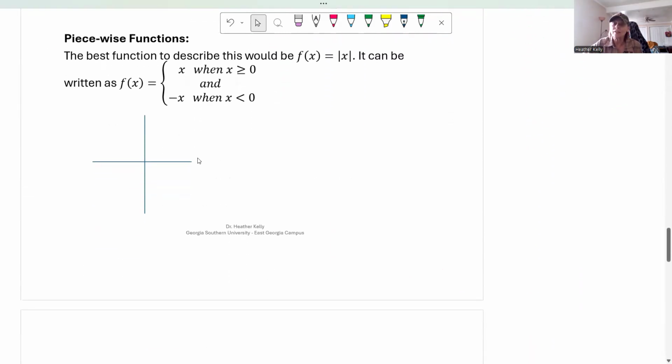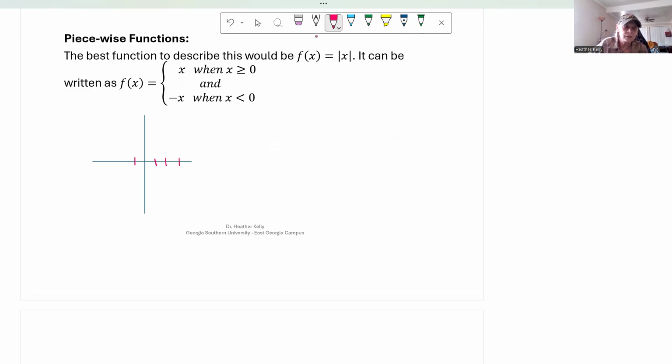And then finally, let's talk about the piecewise function. And the best way to describe a piecewise function is the absolute value function. And that makes sense because, you know, the absolute value function, if you plug in a negative number, it makes it positive. If you plug in a positive number, it stays positive. And we already know how that works, right? So if we wanted to graph this,